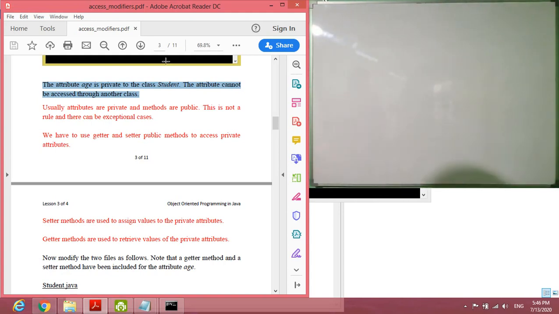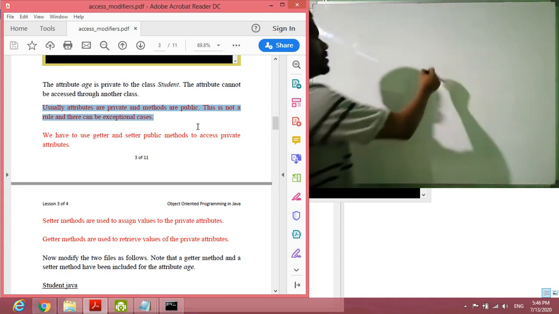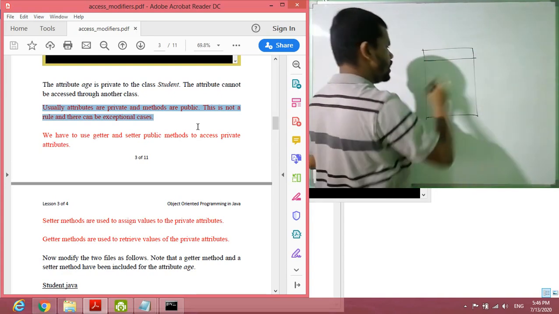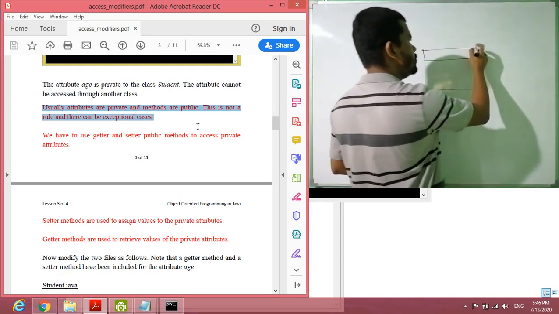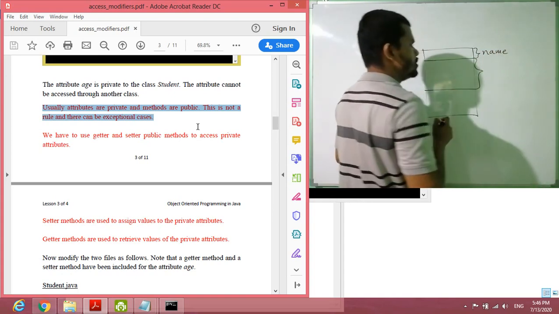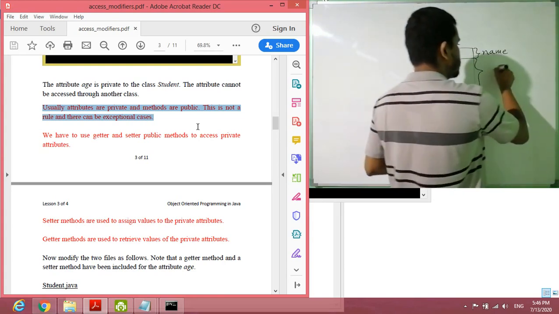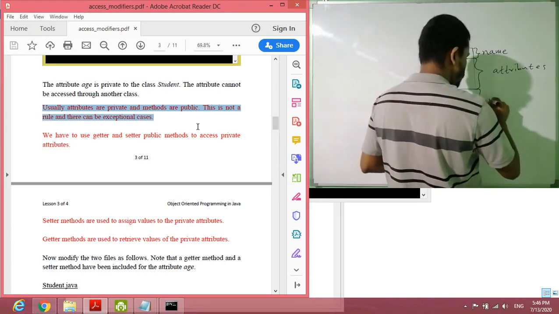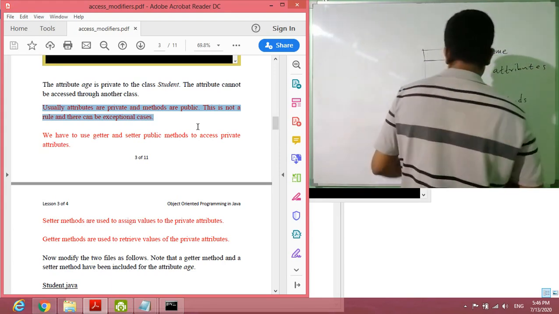Now let's see this part. Usually attributes are private and methods are public. This is not a rule and there can be exceptional cases. Now you know this is your class. We have three parts. Here we have the name of the class, and here we have the set of attributes. Here we include attributes. Here we include methods, and